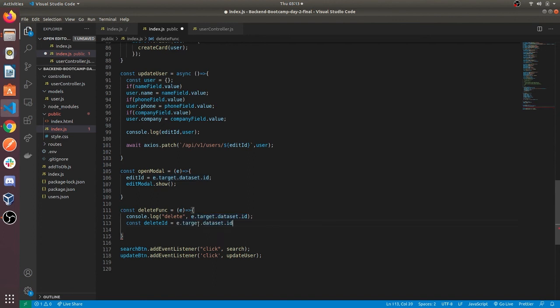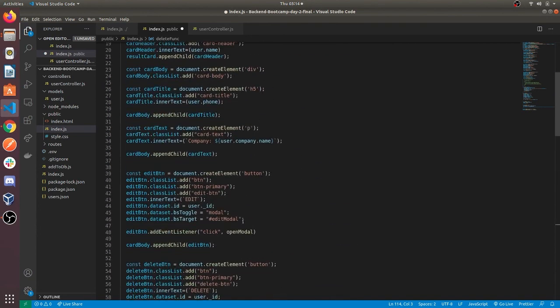The ID is stored in the data attribute of our buttons, which we get while generating it from the user.